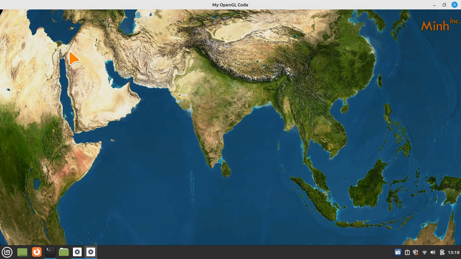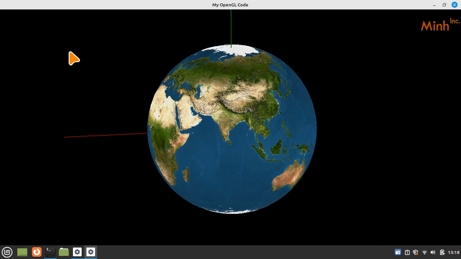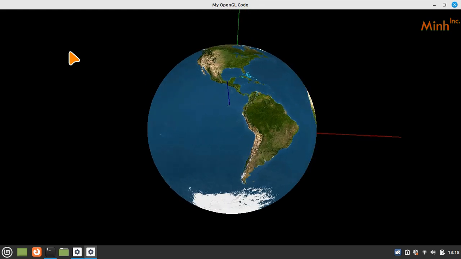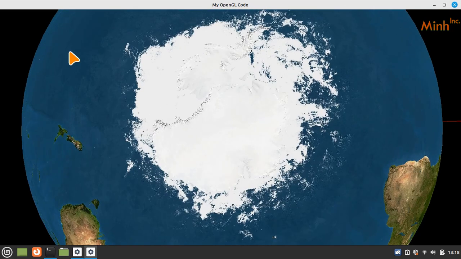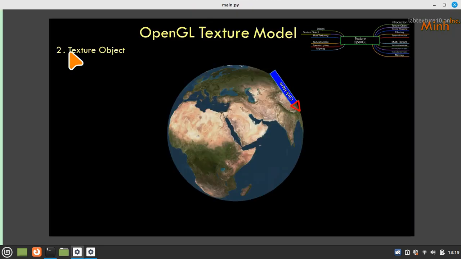Okay, going far and coming near doesn't make any change in the GL ortho. I can see Antarctica if you want. So we can place whatever map we want, and this is the Earth. Okay, so next, we saw this,